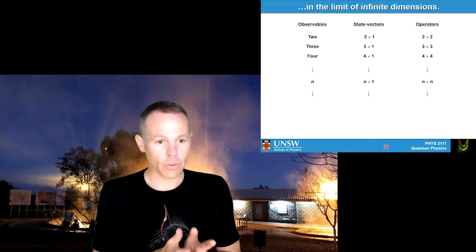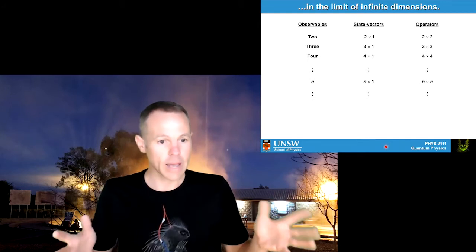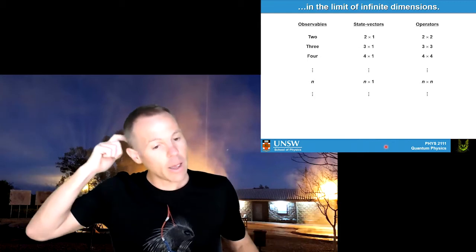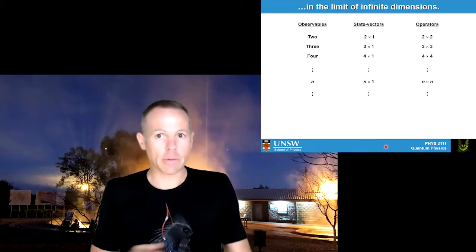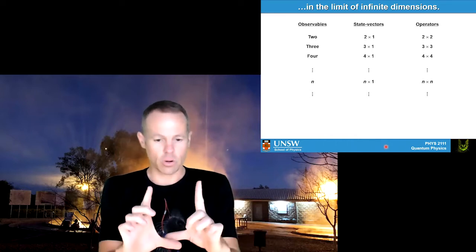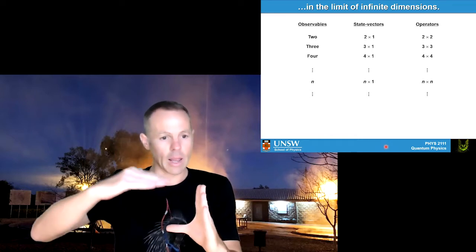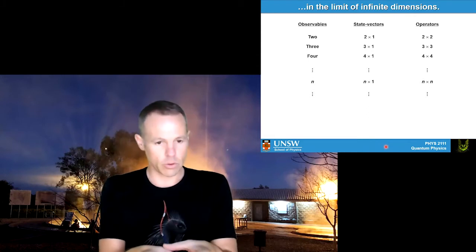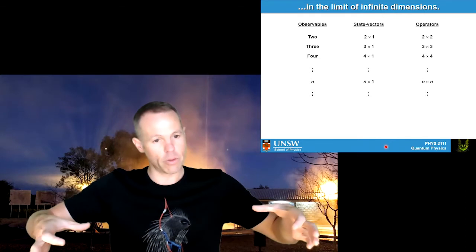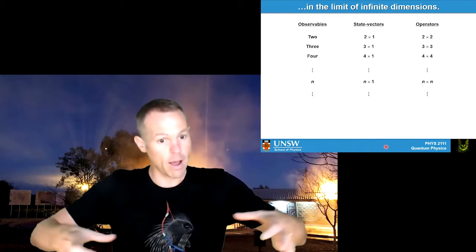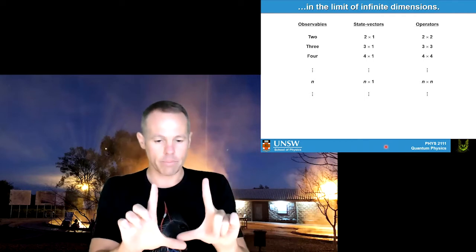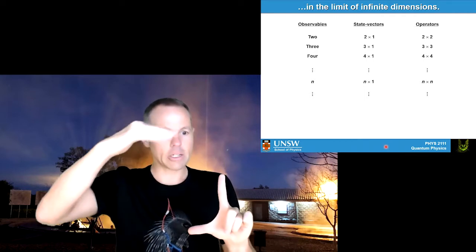If you stick around in quantum mechanics long enough, you'll see higher systems. There are certain places where you use 8 by 8 matrices for some problems, and larger and larger. And you can even take this to an interesting limit of trying to look at, for example, atomic structure or an electron confined in a box where you've got a large number of energy levels. For atomic structure, it's progressively further and further away from the nucleus, or higher and higher energy of your orbit. In a particle in a box, it's higher and higher energy levels.